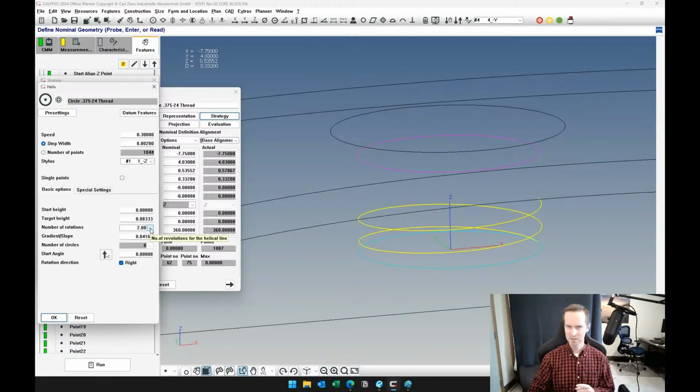And I typically like to do 2 rotations at least. Then you would put in the pitch of your thread. So in metric, if it says M2 by 0.5, the 0.5 would be a pitch. If it's an inches thread, like a number 4-32, the pitch here would be 1 divided by 32. So you put that in here,